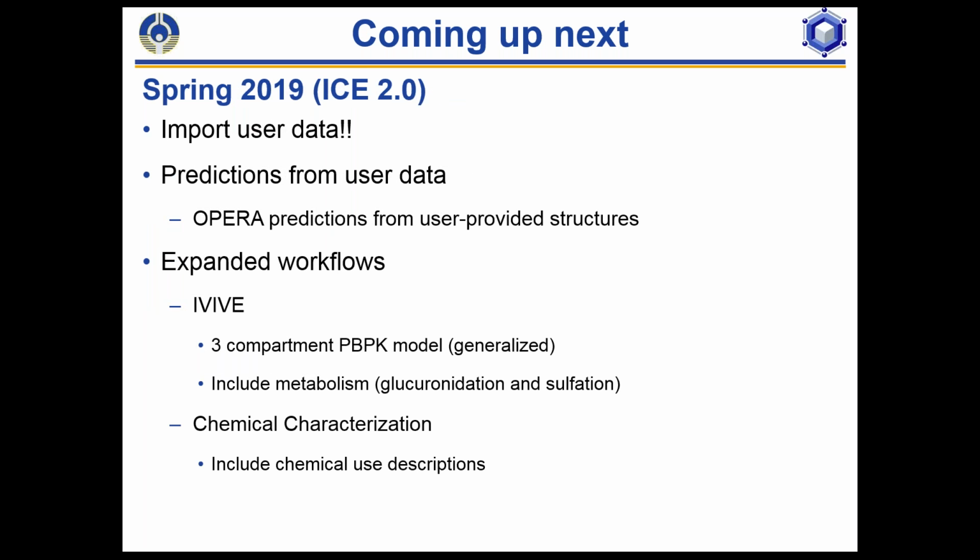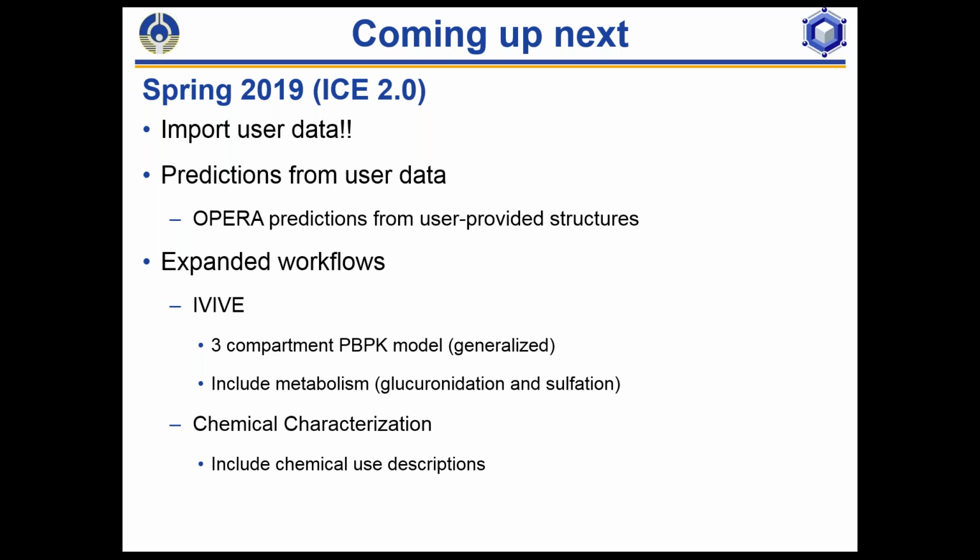So coming up next, we will be launching ICE 2.0 this spring ahead of SOT. So we will be allowing users to import their data, which will be great given the workflow function. And so this means that for accessing the IVIVE tools and some of the other tools that we'll have available with that release, you'll be able to import your own chemical list. We'll be doing predictions from that data. So the OPERA model predictions, you'll be able to run